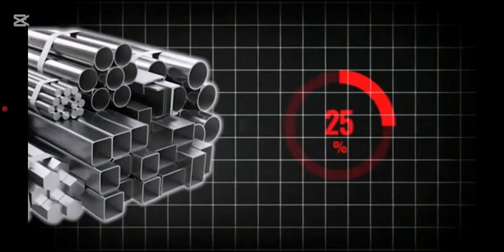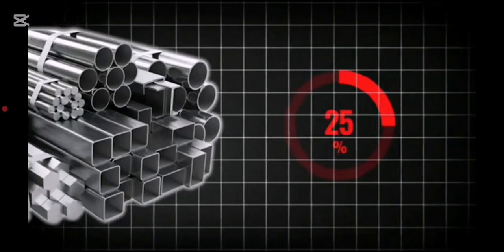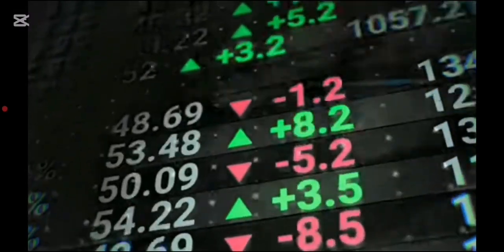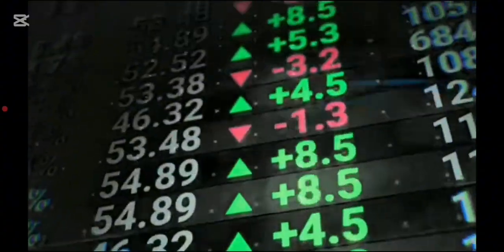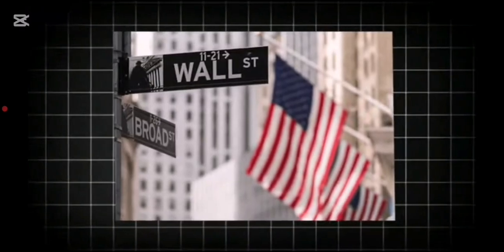To cope, many US farmers had to look for other countries to sell to, but it wasn't always enough to make up for the loss. Automobiles and the car industry sector are also going to be affected. The car industry is another sector that faces serious challenges due to tariffs.